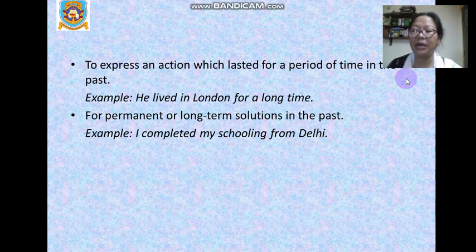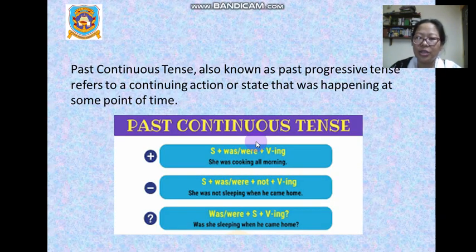I completed my schooling from Delhi. I completed my graduation from Assam, from Guwahati University. Alright. So in such sentences we use simple past tense. Past continuous tense is also known as past progressive tense, which is referring to a continuous action